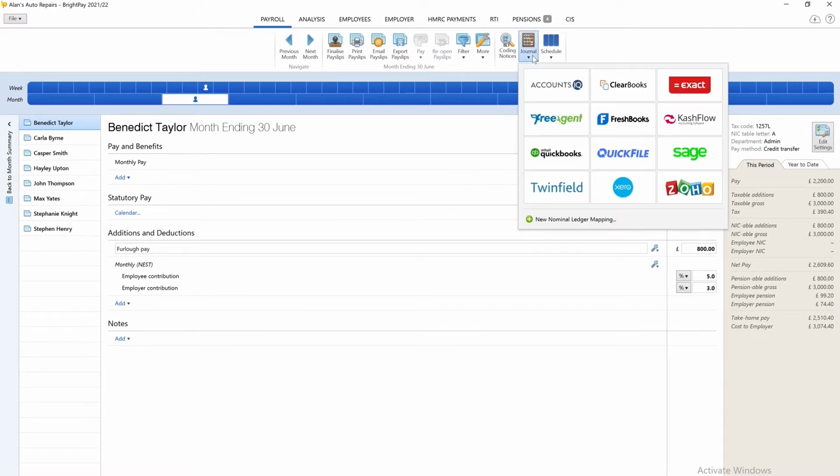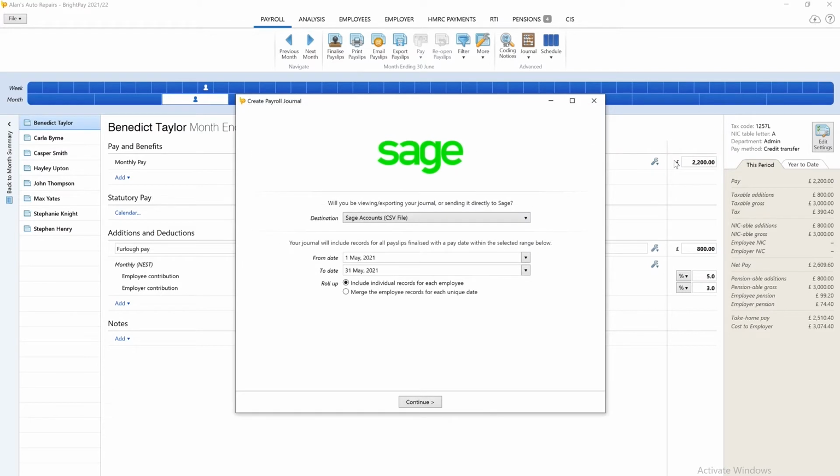Within Payroll, select Journal on the menu toolbar, followed by Sage. On this screen, choose Sage Business Cloud Accounting as your destination. Set your date range. The journal will include records for all payslips across all pay frequencies with a pay date